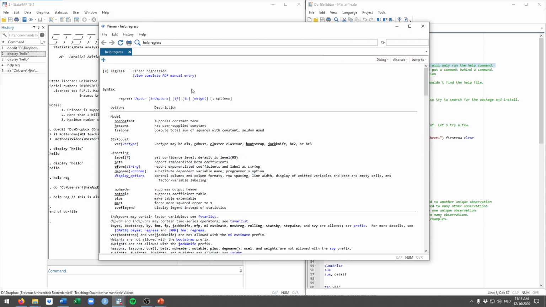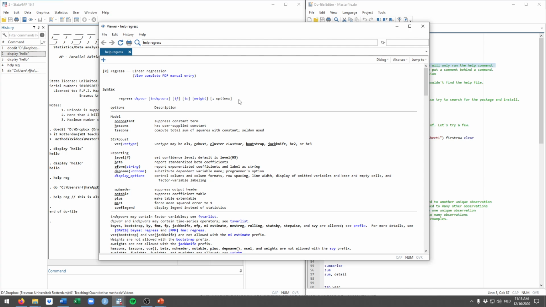Just briefly elaborating a little bit on this help file, for this regress command it has all kinds of information about how it works. As you can see in the top here, the typical syntax for Stata would be the command being regress, and then the inputs, here a dependent variable and independent variables. Then it would have an if statement, which is something we'll get to in the next videos, some other things, and then you have a comma and all the options.